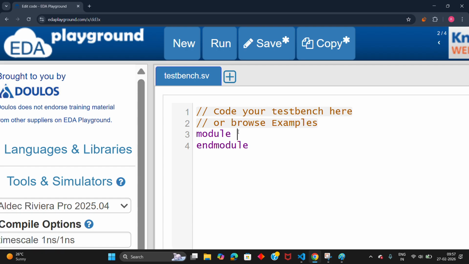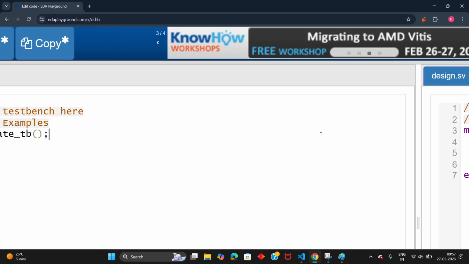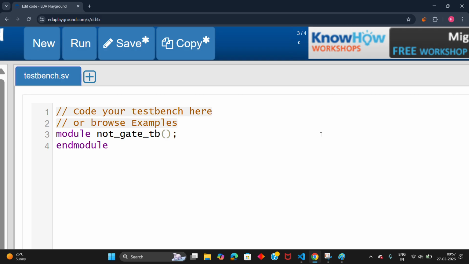Let us give a name for the TB as well: not_gate_tb. Then you put just a semicolon, or you need to open the parenthesis and close it and give the semicolon. We don't specify any list inside the parenthesis. Okay, next, what we are going to do is,